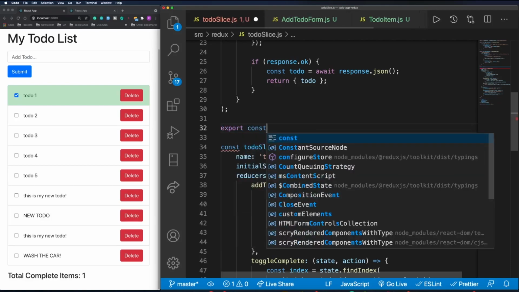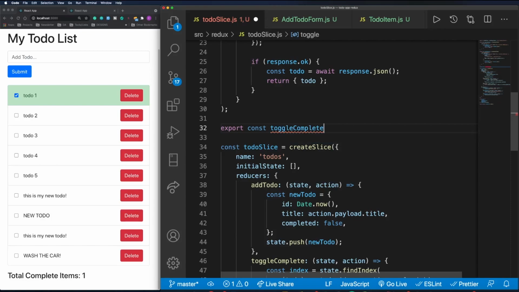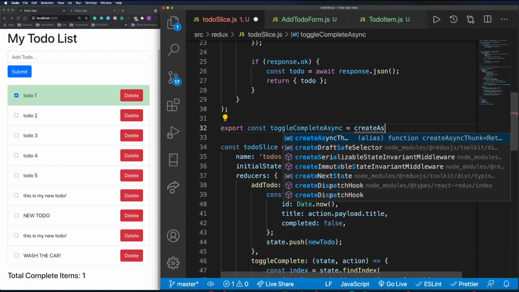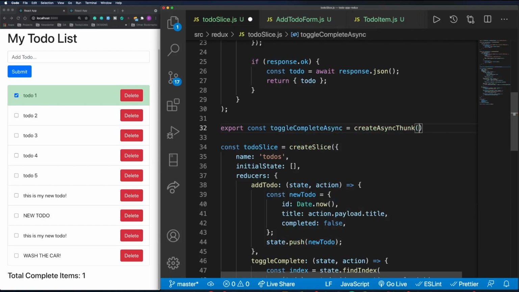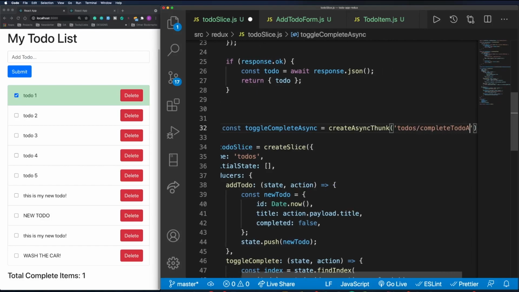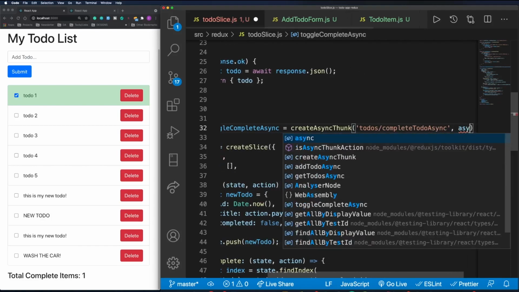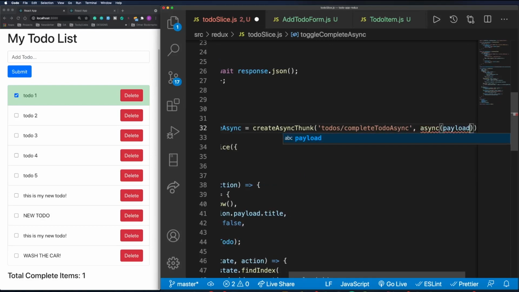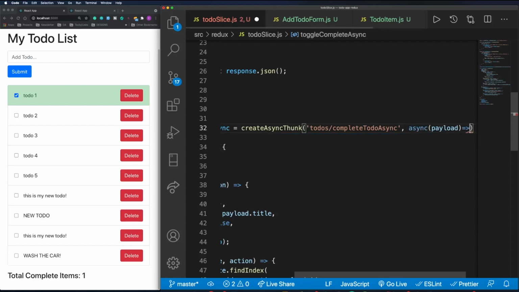So we'll say export const toggleCompleteAsync, and this is going to go to createAsyncThunk. And again, we'll pass in our name. So we'll say todos/completeTodoAsync. And we'll pass in our async function, and we need to accept the payload, since the payload will contain whether the to-do is to be marked complete or not complete. And this will be an arrow function,